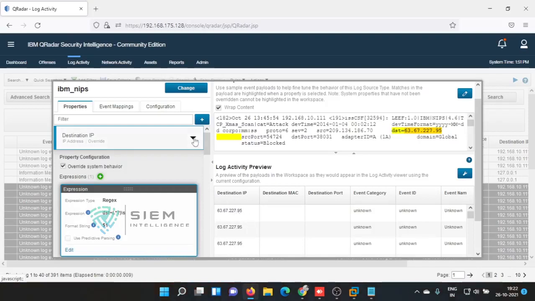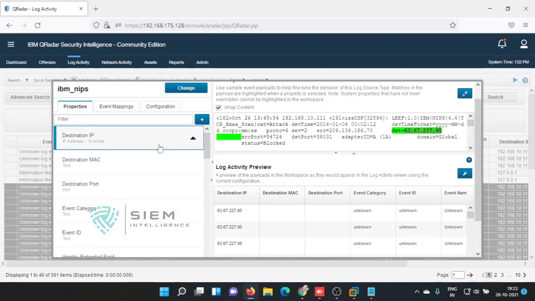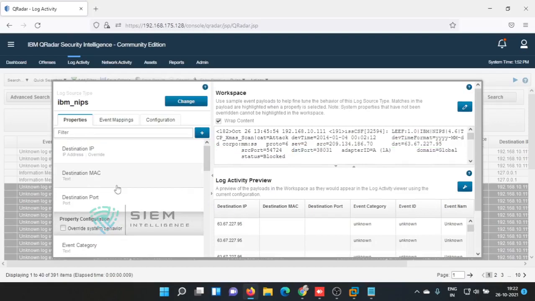Yeah, you got it. At the same time we are going to pick up the destination port also. See, there is a destination port. Here there is no port available. See, the port is 0. Now I want to pick up the port. How do I pick it up? Just tell me. First, just talk along with me, no worries. Just select the destination port first.